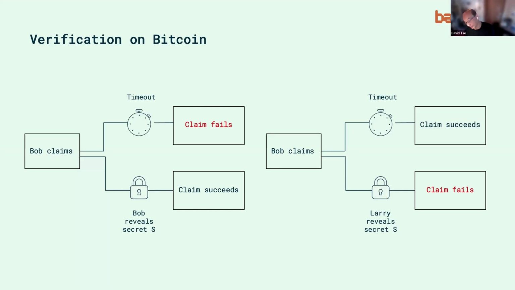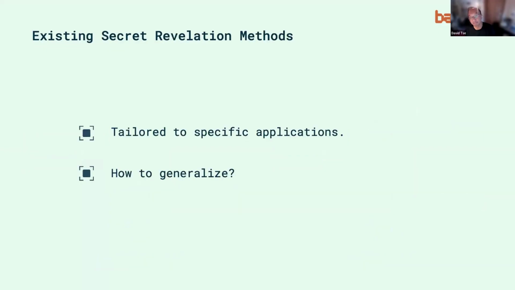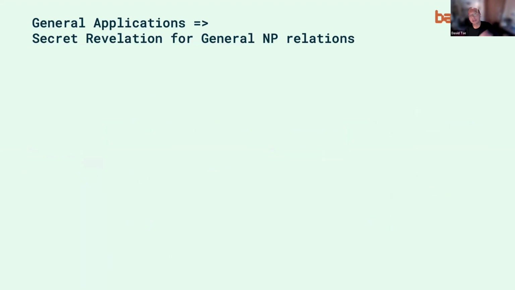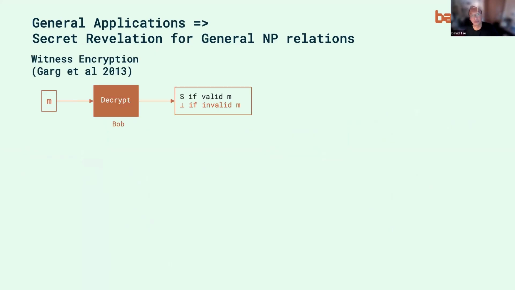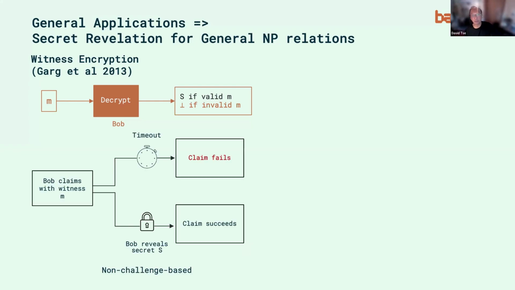Okay? So this gives some context. And basically, it turns out that this problem of solving secret revelation for general NP relation was considered about 10 years ago in a problem called witness encryption. Witness encryption basically says that if your chain or smart contract satisfies a certain state, then Bob can decrypt the secret, okay? It's called witness encryption, a very interesting technology. And you can apply that to our problem,